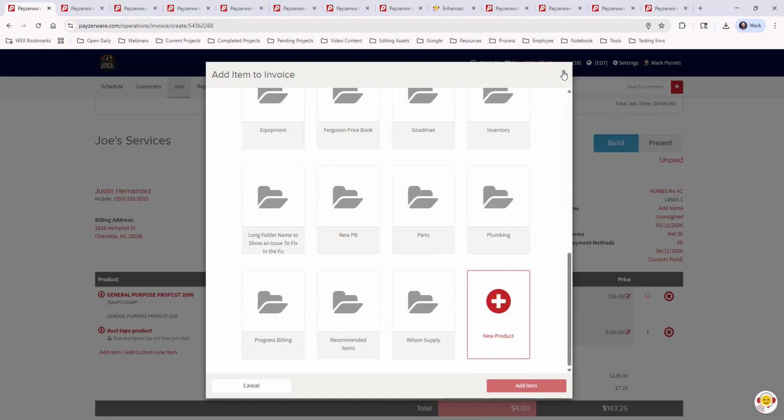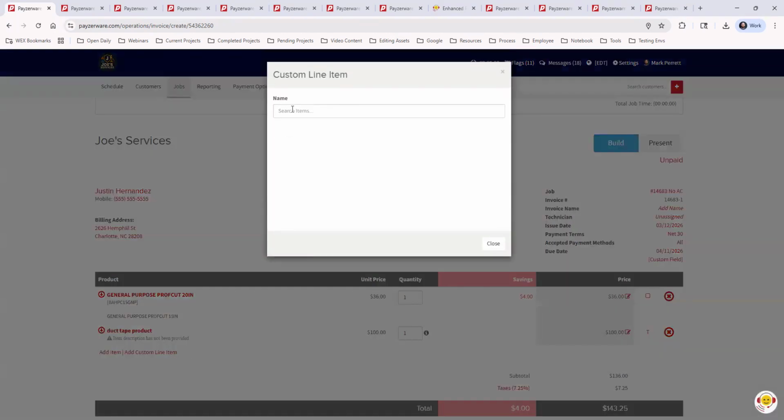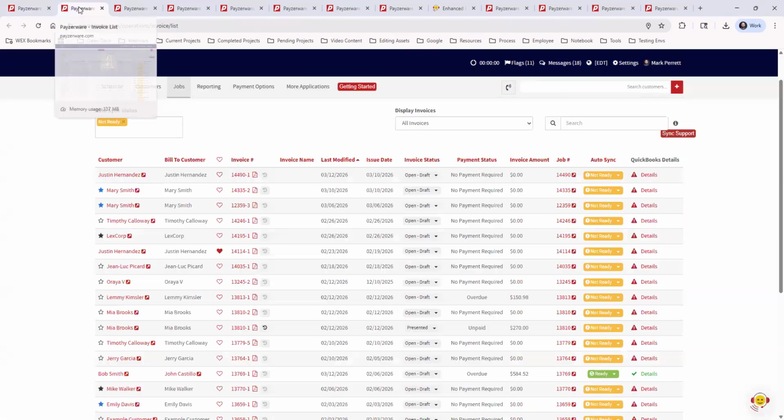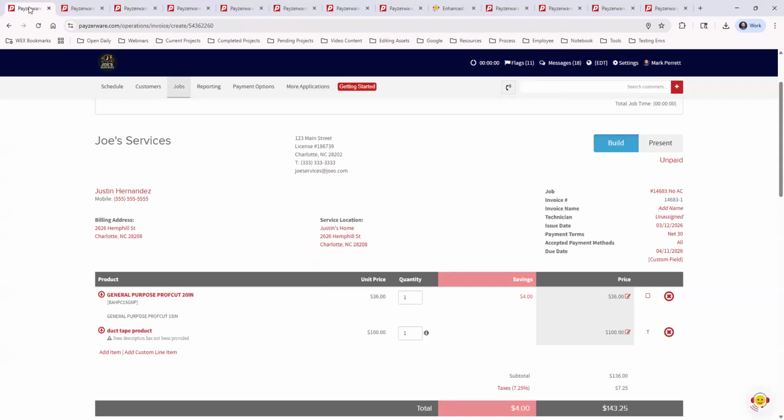Or create custom items in the moment for one-off scenarios by clicking add custom line item, searching if you already have it, and then creating new if you do not have it. And when you are creating items, either new items from the price book or from the invoice,